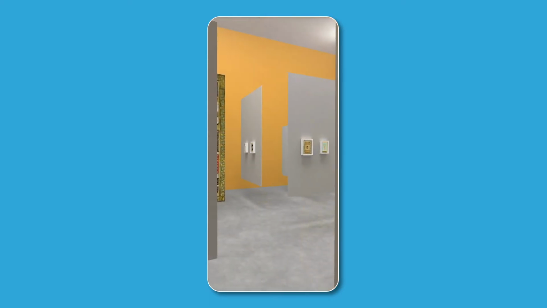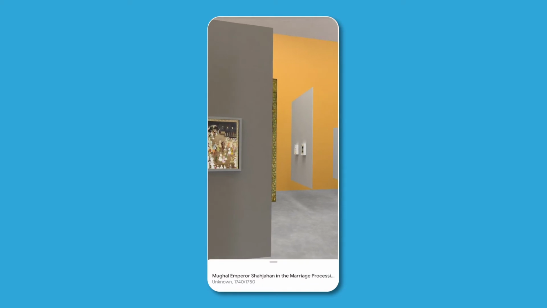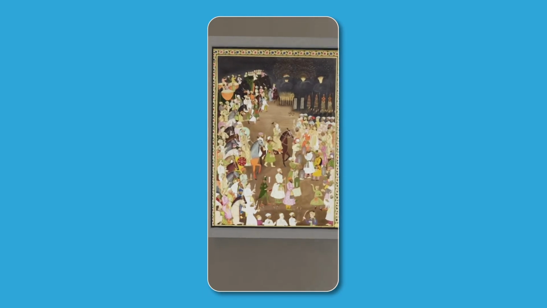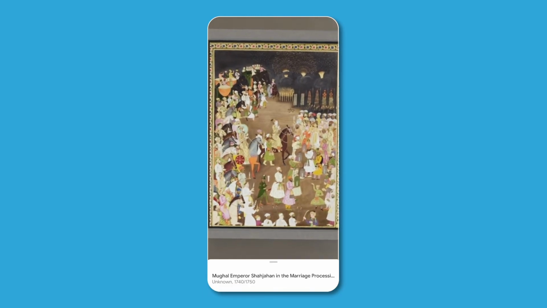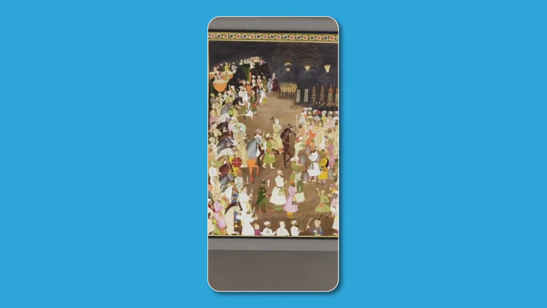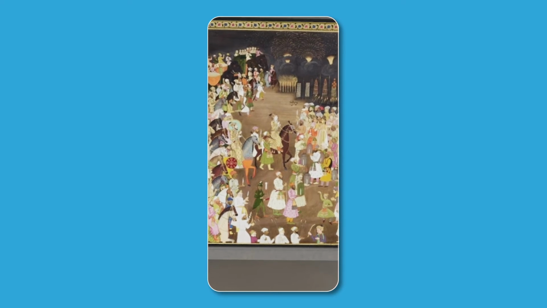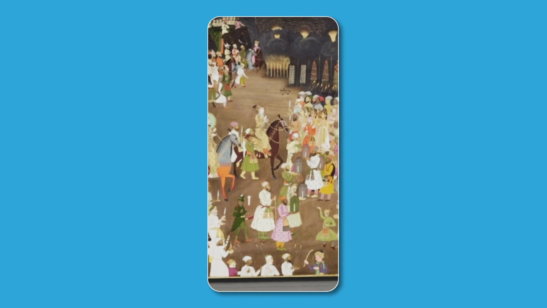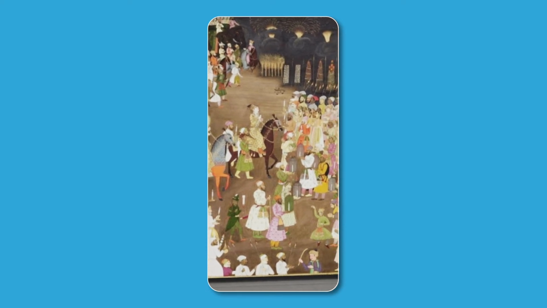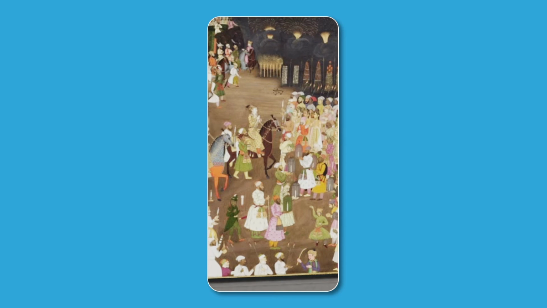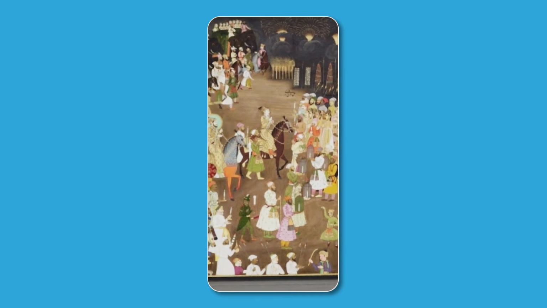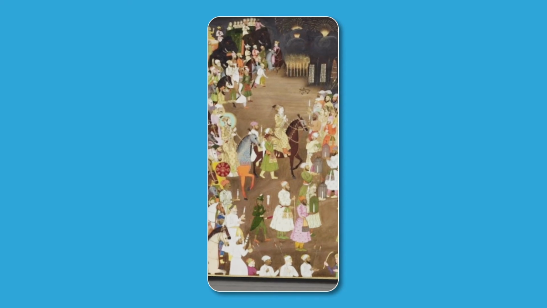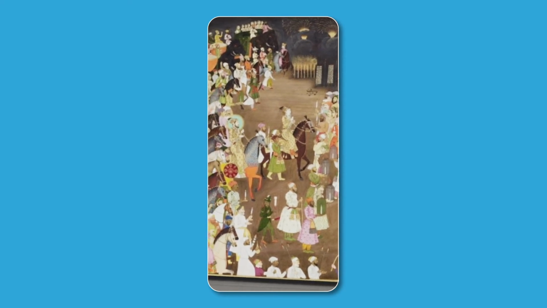From the passionate stolen moments between lovers, we move on to the gaiety of celebration. What better painting to illustrate society and celebration than the wedding procession of a prince belonging to one of the most powerful empires? Taking center stage in this painting is Dara Shikoh, the soon-to-be groom. You can see him dressed in wedding finery befitting a prince. He sits astride a richly bedecked horse. Riding next to him is his regal father, Emperor Shah Jahan, distinguished by a pale blue halo.